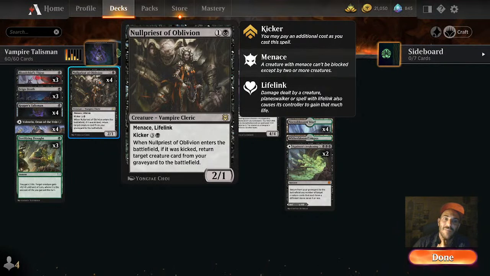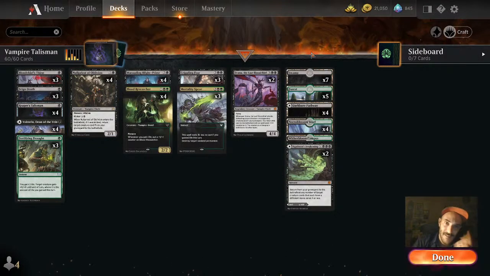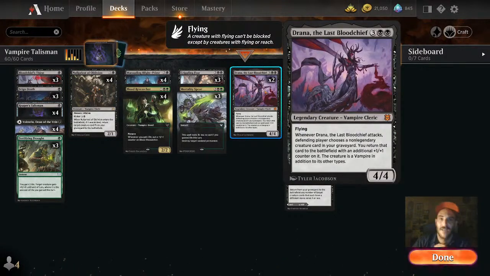Then other ways of bringing things back. Nullpriest of Oblivion can be kicked for 6. When it enters the battlefield, if it was kicked, you return target creature card from your graveyard to the battlefield. So in one kicked spell after a sweeper, you now have again 2 threats on the battlefield the following turn, which is phenomenal. Next up, in the Reanimator category, we've got a couple of copies of Drana, the Last Bloodchief,